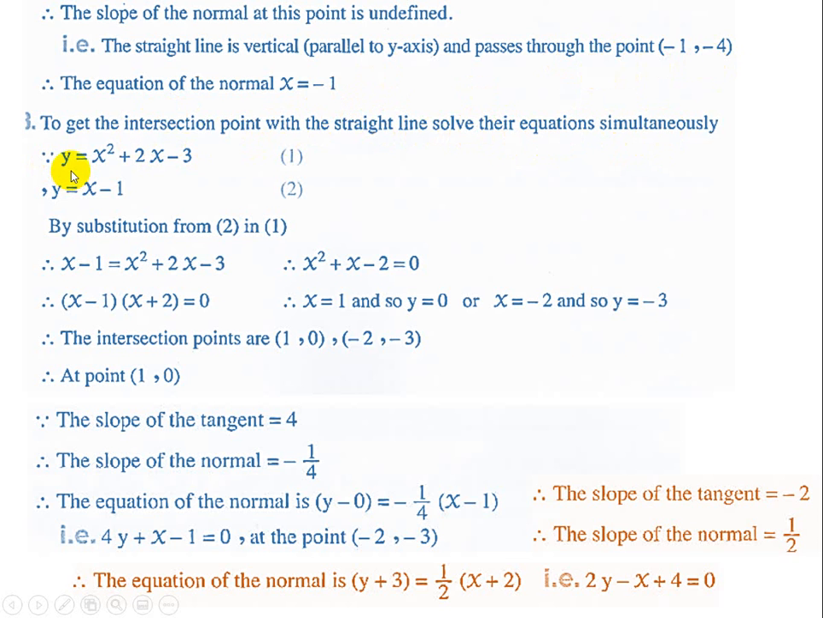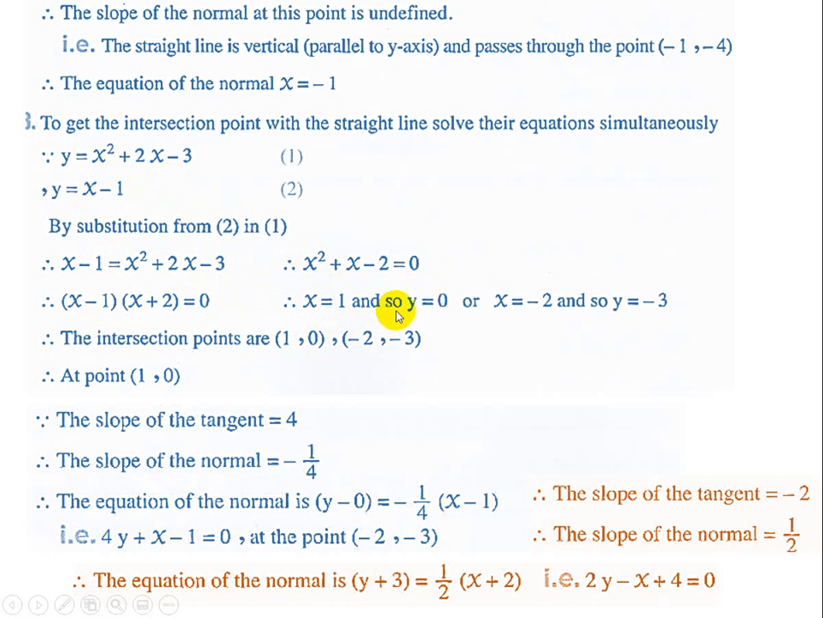Equation of the curve: y equals x squared plus 2x minus 3. Equation of the straight line is y equals x minus 1. Replacing y with x minus 1 and collecting the like terms, x squared plus x minus 2 equals 0. Factorizing, x equals 1, and in this case y, replacing x in the equation of